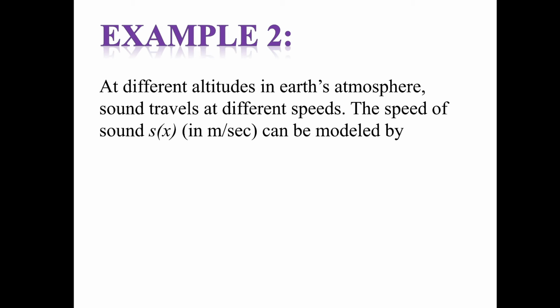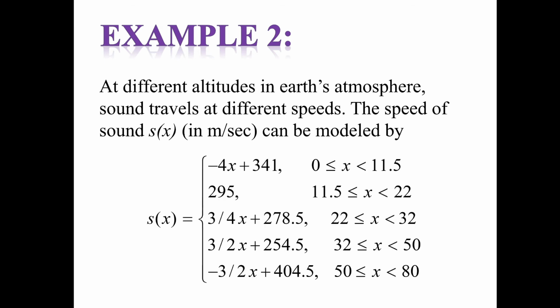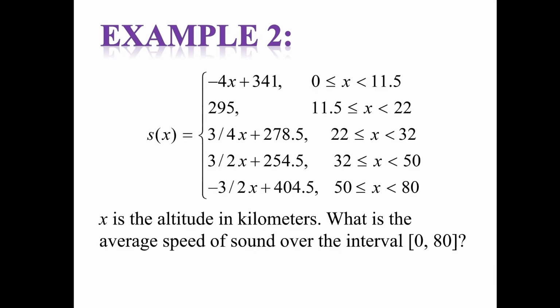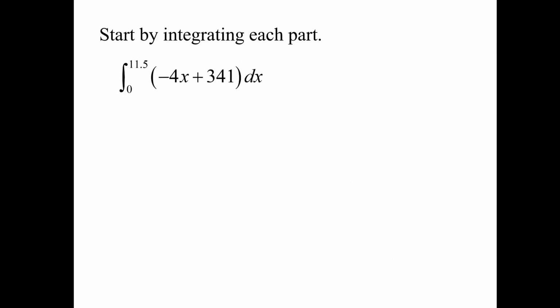The speed of the sound, S of x in meters per second, can be modeled by a linear function. So we need to find the average speed at which sound travels. x is the altitude in kilometers, and what is the average speed of sound over the interval from 0 to 80? So basically we just want to integrate from 0 to 11.5, but